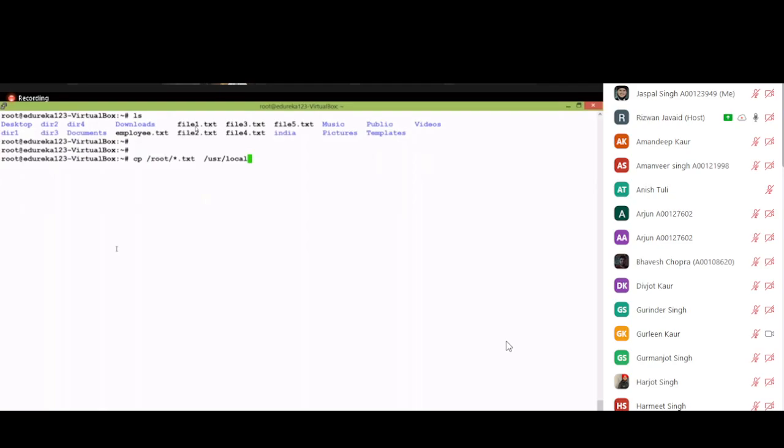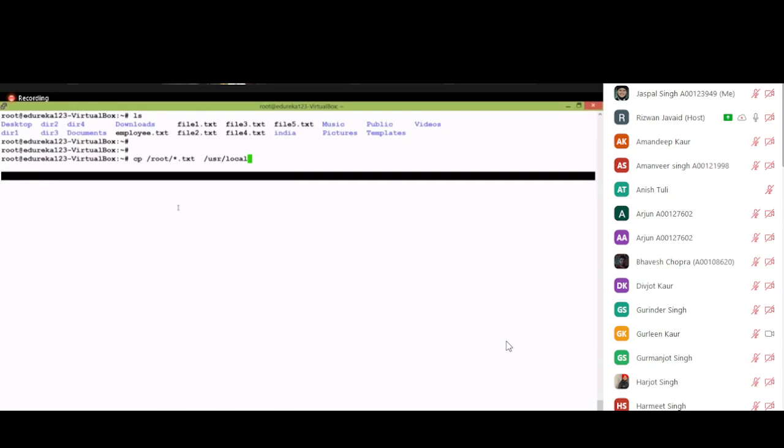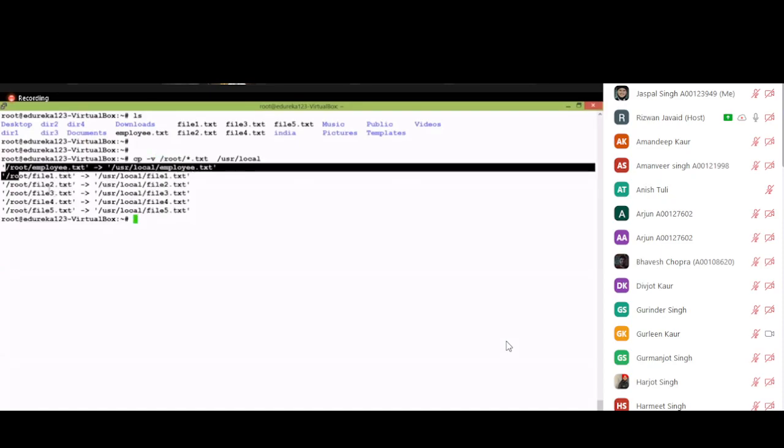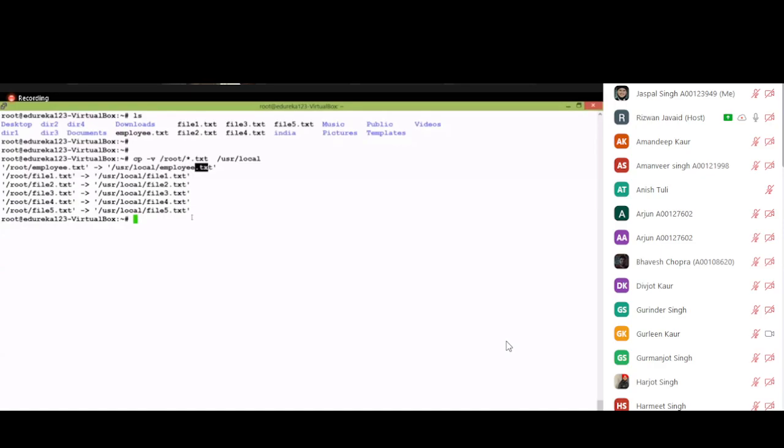So how many do we have? One, two, three, four, five, six. All these files will be copied into this folder. Star means all, but I don't want to copy all here. I want to copy only those files which have the common extension .txt. Star.txt /usr/local. It will be copying there. If you want to copy in foreground, you mention -v, enter. See, multiple files got copied here with the extension .txt.